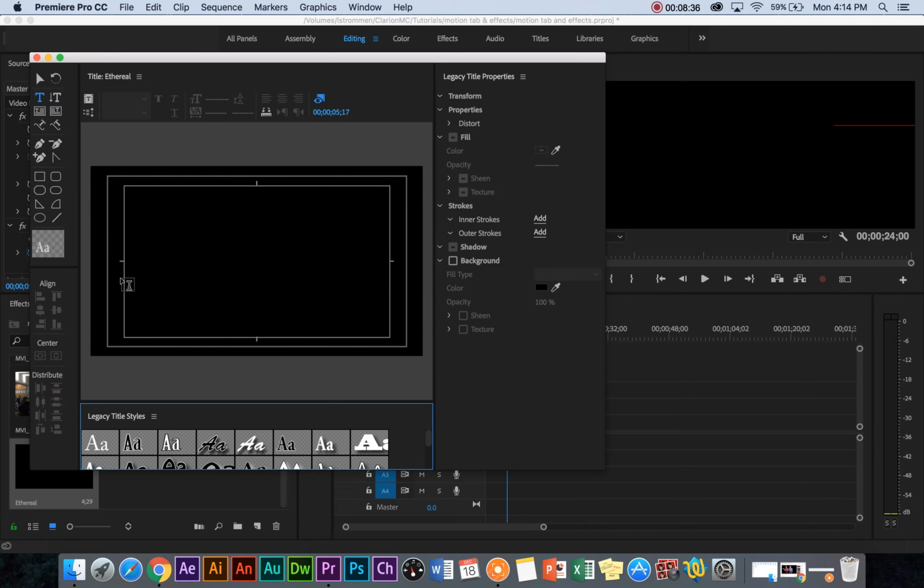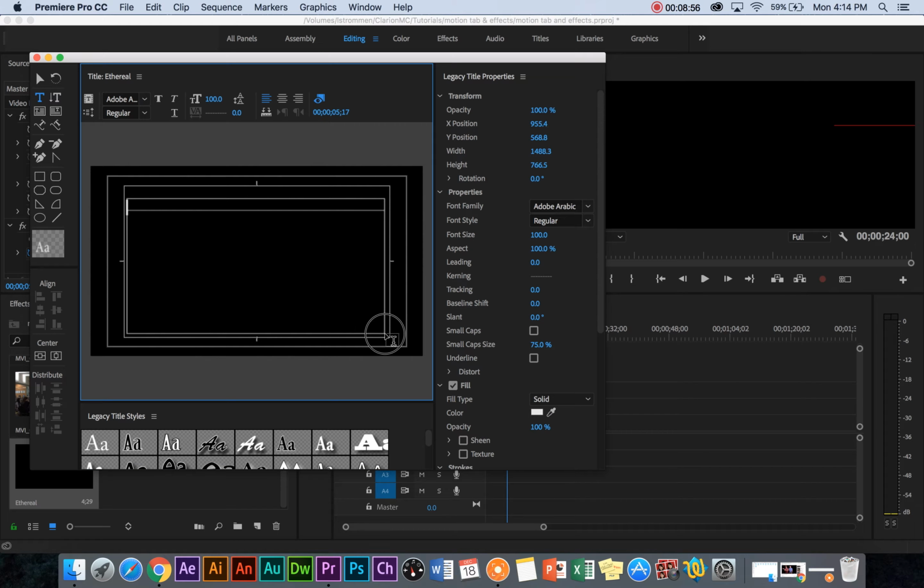And so again, we have this new screen that's up, and it gives you a bit more control of what your type is, and it also gives you some styles that if you want to have a cool title, but you don't really want to go into all the trouble of making something really new and original, you can just grab this. And so you're just going to drag again and write out Ethereal,